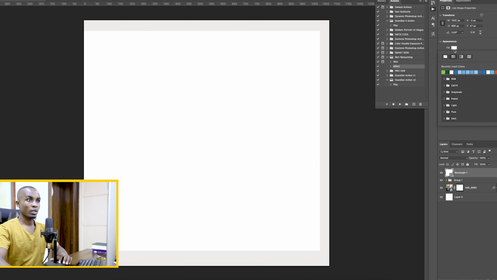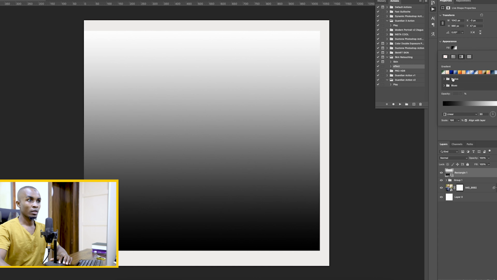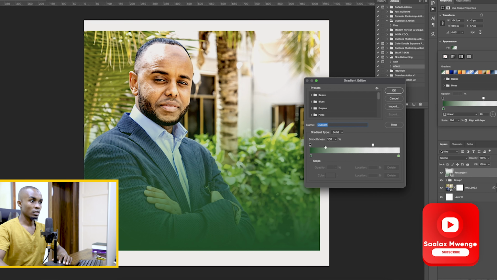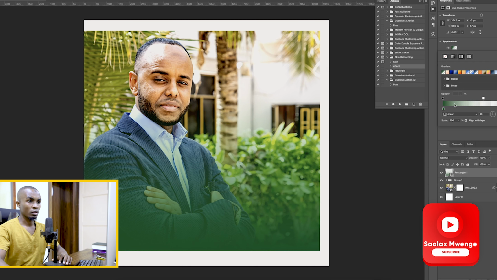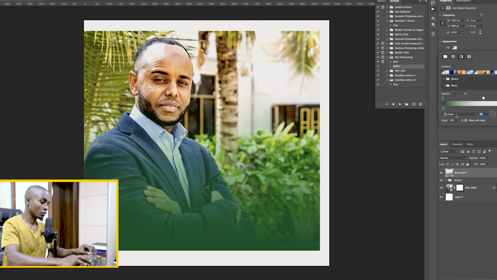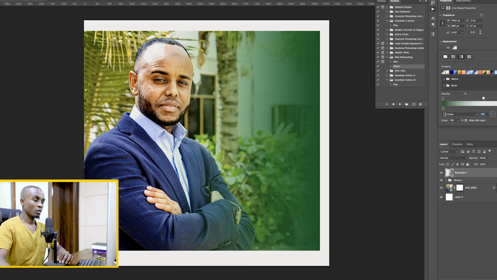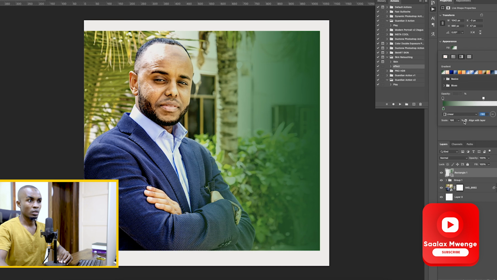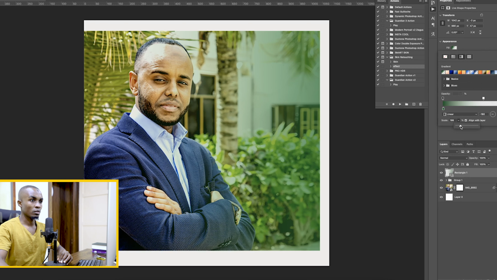So we'll come to our fill, we take the option of gradient. The gradient that we're taking is going to be the one that is having a transparency. And then we will click on it and then, first of all, before we go there, we will put negative 180 because we want the gradient to come from the right to the left. So after we've done that, we will click on this gradient first and then try to, yeah, I think that is good, that's good. Can we try to scale it up a little bit? Oh, sorry, reduce it